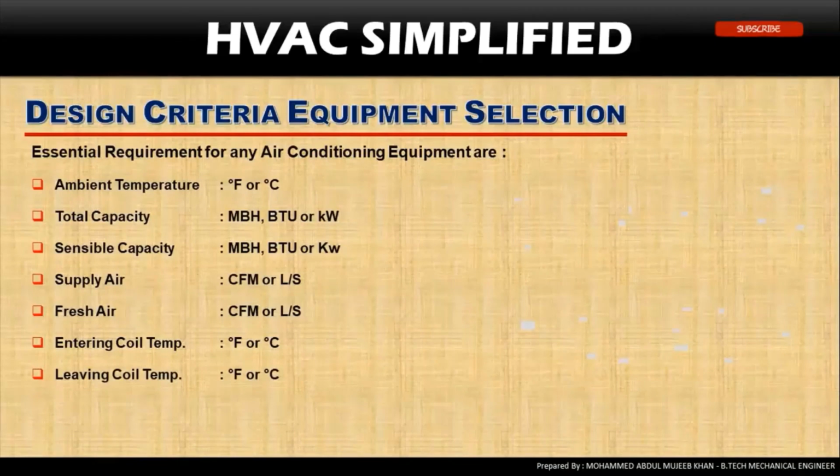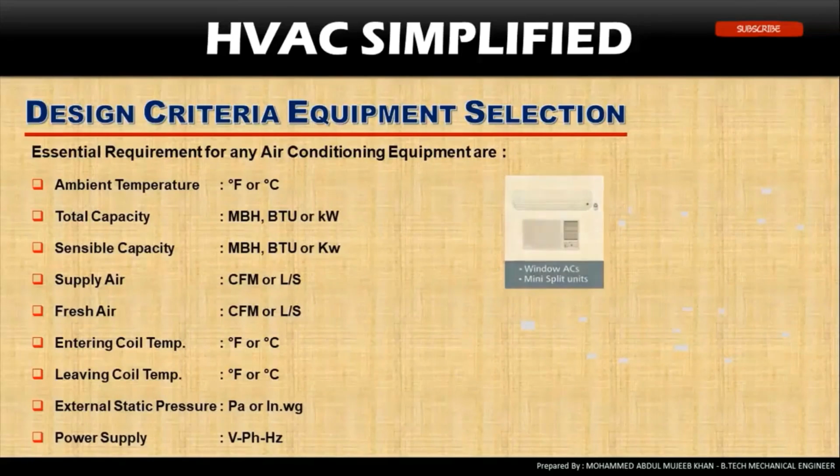Leaving coil temperature is the temperature where air leaves the coil. External static pressure is measured in Pascals or inches of water gauge. External static pressure is required to select any equipment for HVAC fans, blowers, and sizing the motor. The external static pressure is usually calculated for the longest route of HVAC duct, and the internal static pressure is calculated by the software or any HVAC supplier.